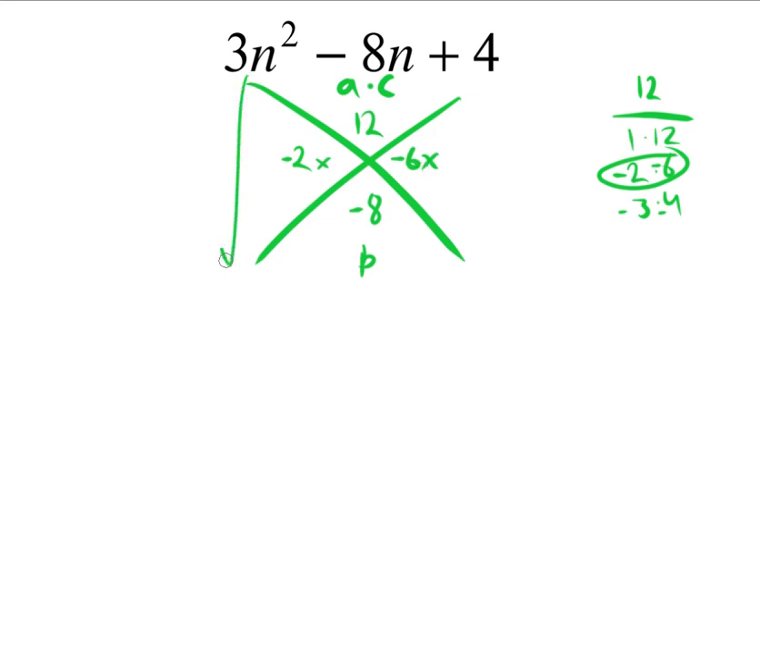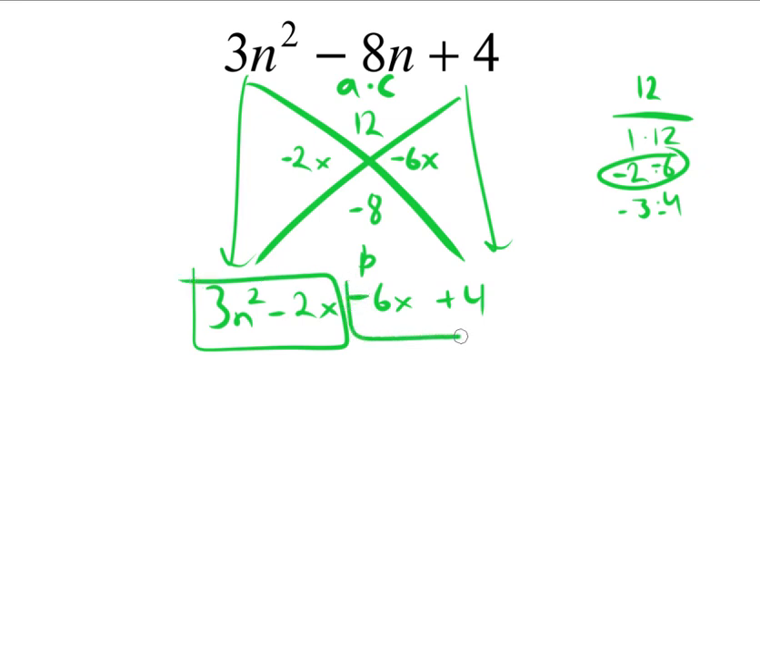And I'm going to go ahead and bring down my 3n squared minus 2x minus 6x plus 4. And if you did that, hopefully this is making perfect sense for you. I'm going to go ahead and group these two together, and I'm going to group these two together over here. And if I do that, I get,